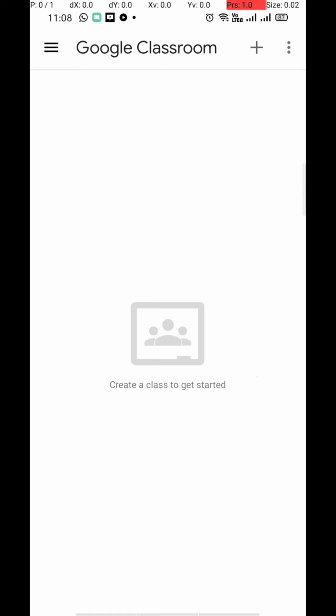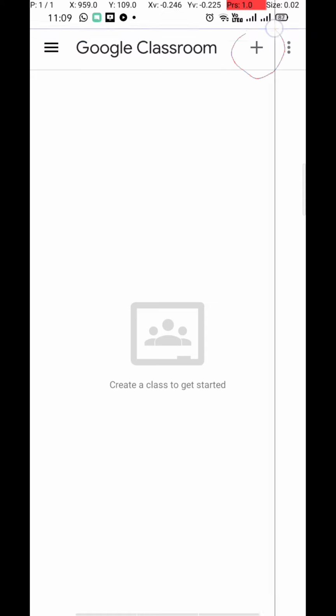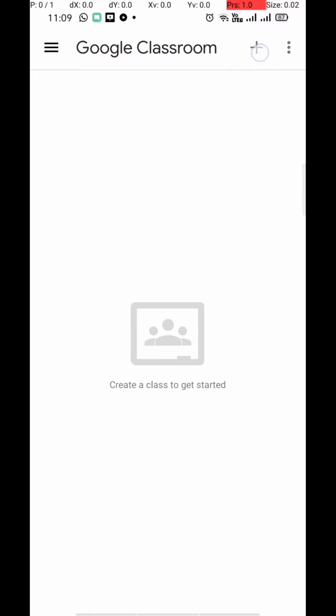Suppose you want to join the various classrooms. For that you will be provided with the class code by the different teachers. So first of all you need the class code shared by the teachers, and when you have all these codes you have to join all the classes one by one. For that you have to click on the plus button at the top of the title bar here. I will show you a few examples of joining these classes.